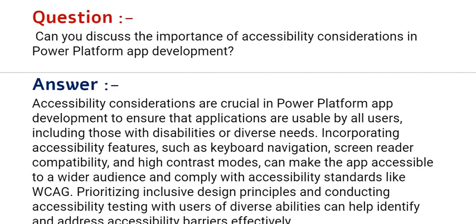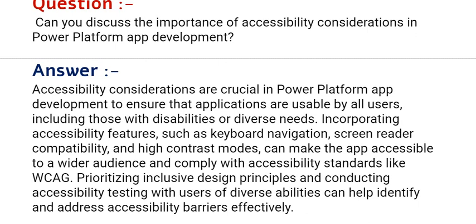Our next question is, can you discuss the importance of accessibility considerations in Power Platform app development? Your answer should be, accessibility considerations are crucial in Power Platform app development to ensure that applications are usable by all users, including those with disabilities or diverse needs, incorporating